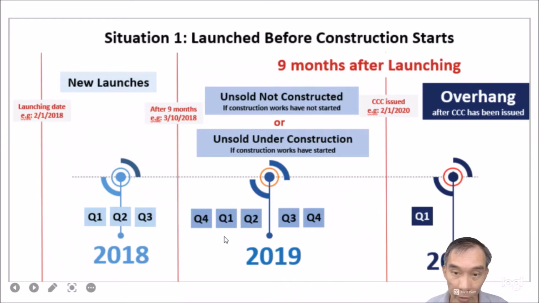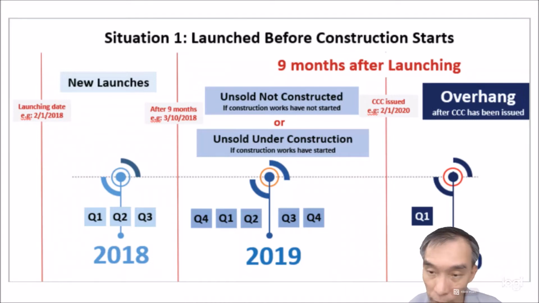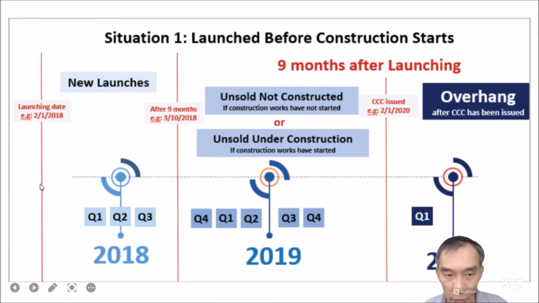So here in this diagram, it comes from the far left, from the launching date to the time the CCC is issued. In this case, it usually is a few years, because if it is a big project, most likely close to 2 years, because from the time of getting the plans up until getting the paper approved for the project to be considered approved for sale, it is probably already a year plus, and then the construction